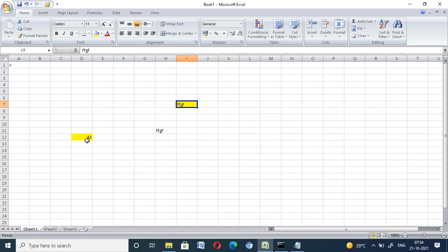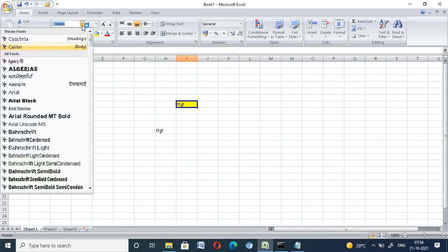Now this part, Calibri, is the format of fonts. These are the font tools, present in the Home tab. There is Calibri, Times New Roman, and more.